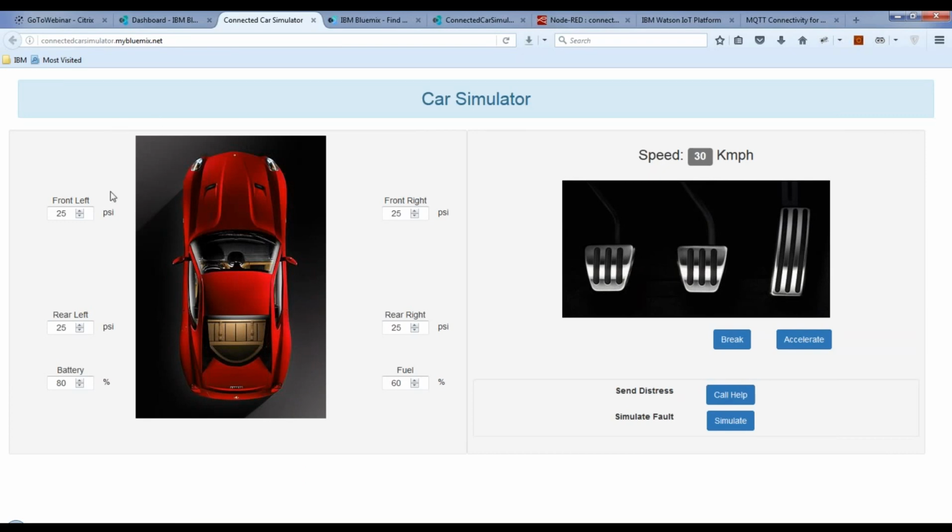Okay, so this simulator will send the live tire pressures from all four tires, the battery level of the car, the fuel level of the car, and you can accelerate, decelerate. So consider this application as a real car, and a device is being plugged into it. In a car there is a port called OBD, onboard device. These are available in almost all cars,